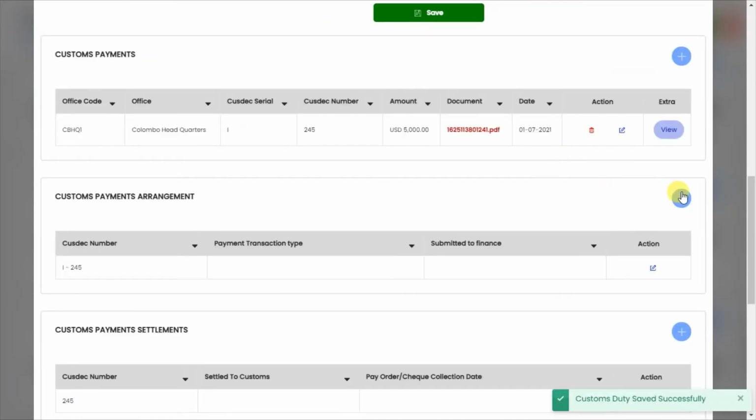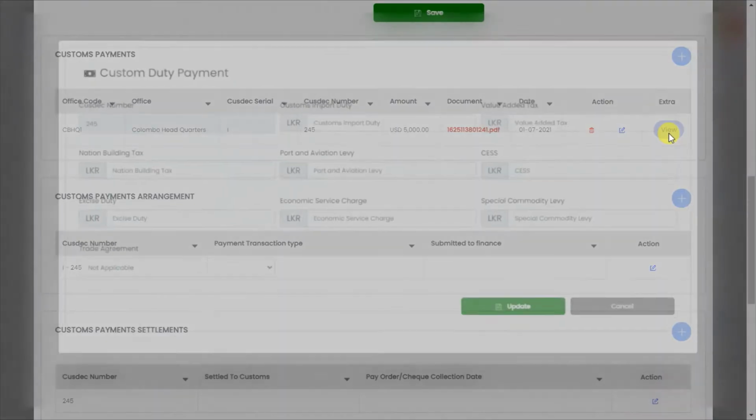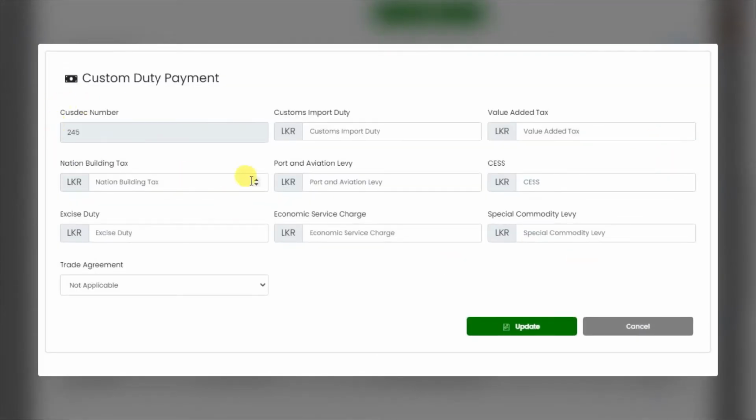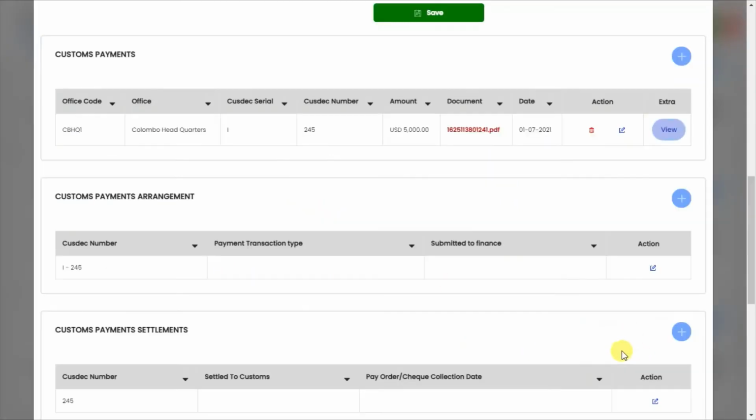So once you have updated the customs payment, you have to click on View. If you need to update the breakdown of the final customs duty, you can enter the amounts here and then you can update. Okay. So once you added customs payments, the system will automatically display the customs payment arrangement window.